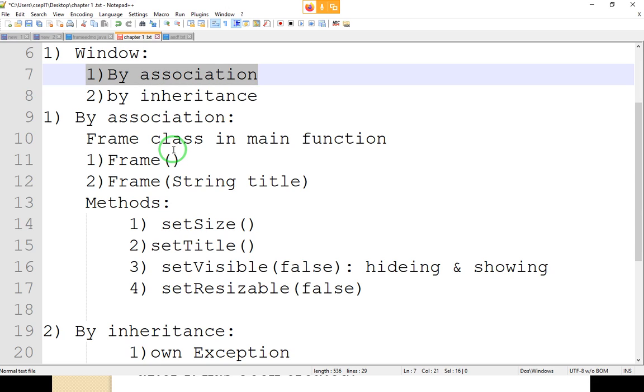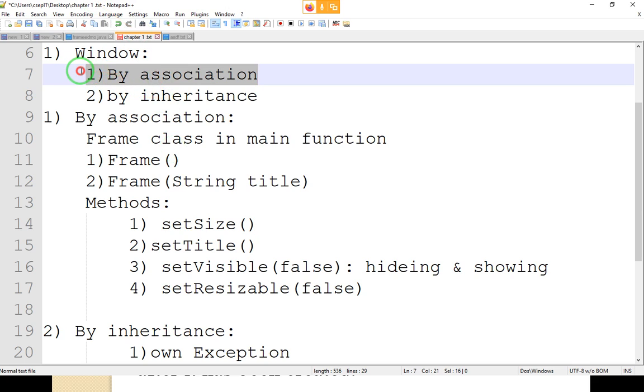So when your Frame class object is created within the main function, that process is called creating by association. And when it is created by extending the Frame class, then it is called by inheritance.